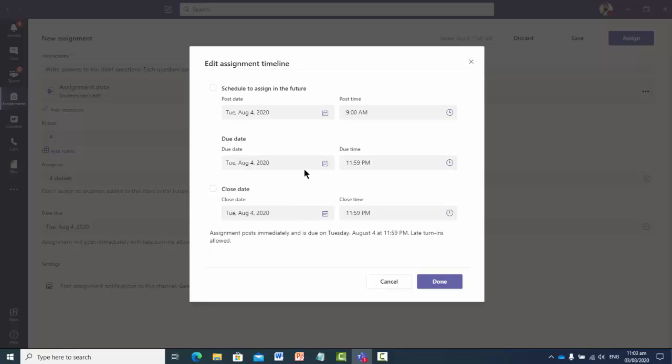and you can block turn-ins later than the due time. So here you are to click here close date. Okay, assignment posts immediately and is due on Tuesday, August 4, 11:59 p.m. Late turn-ins are not allowed. So here late turn-ins are not allowed. The students who return their assignment later than the due date will not be allowed to return their assignments